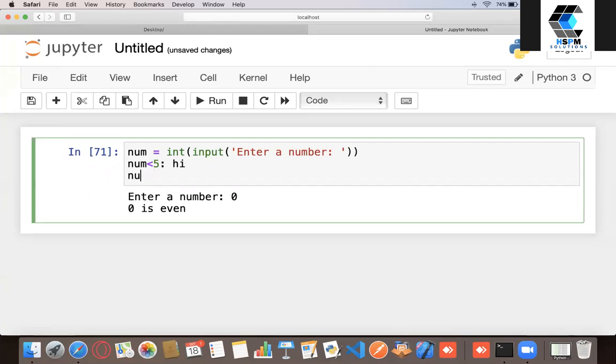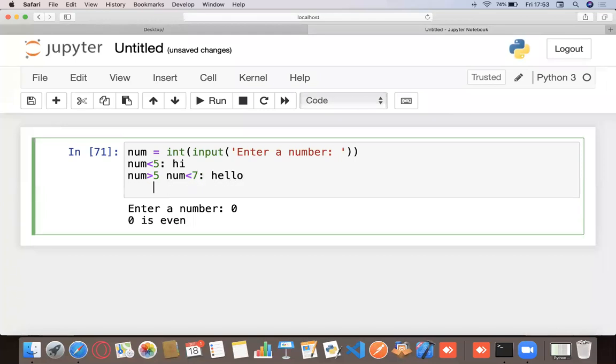If it's greater than 5 and my number is less than 7, let's say, so if it's between 5 and 7, that's how you denote it, right? I want to say hello or something. Just some dummy text. You could change it later. And if it's greater than 7, I want to say, let's say, here. So I want to do something like this, right?